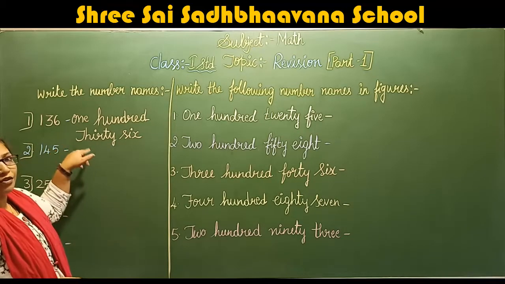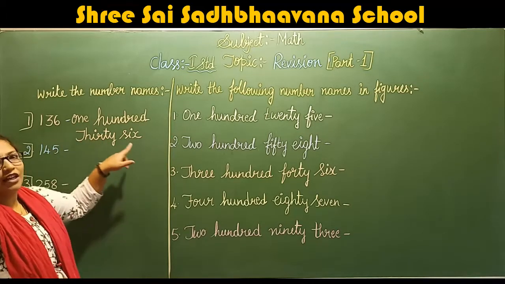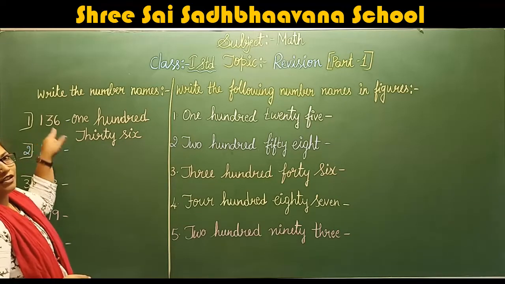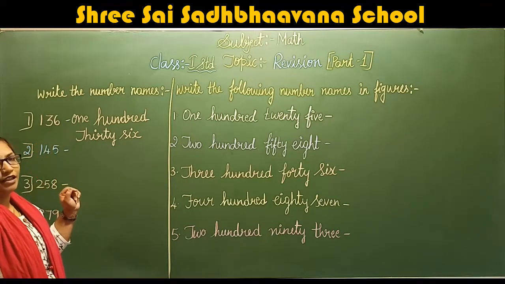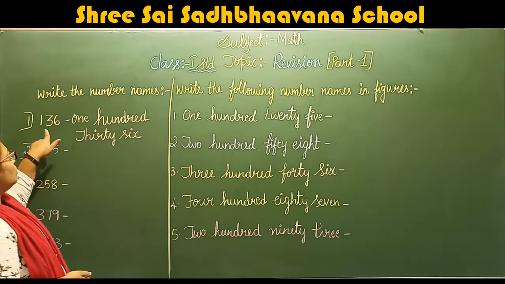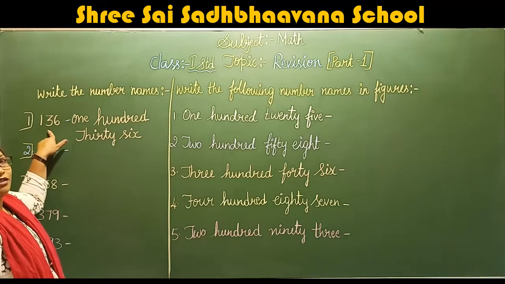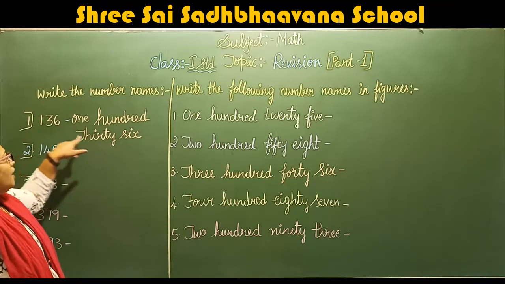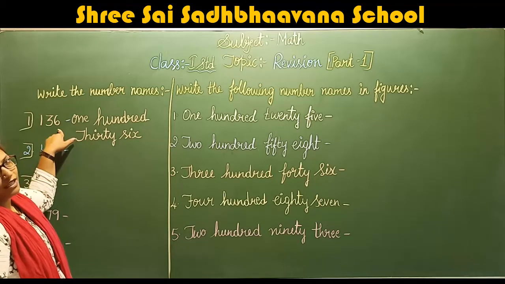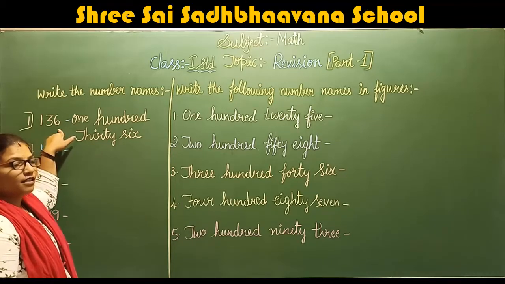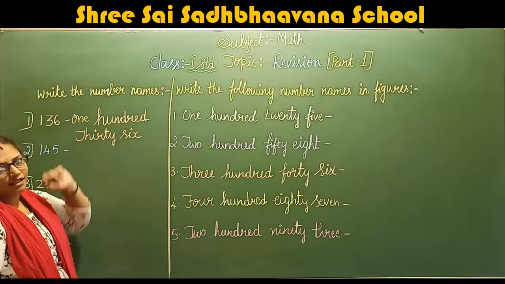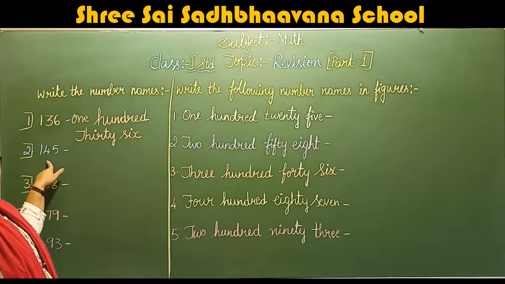But some of you, what you did is write the spelling also like the digits only. So that is not the right answer, right? So you have to write hundred. 3 is in the tens place, so what does it become? 30, right? 3 tens become 30. So we have written thirty, and in the ones place how much is it? 6. So you should write S-I-X, six.